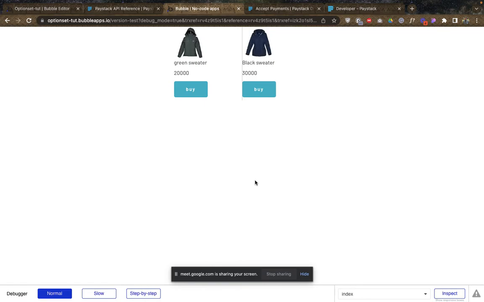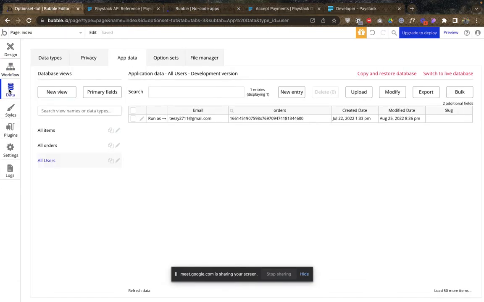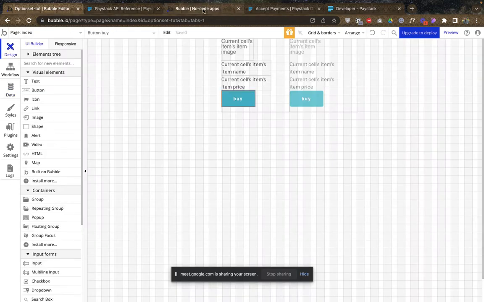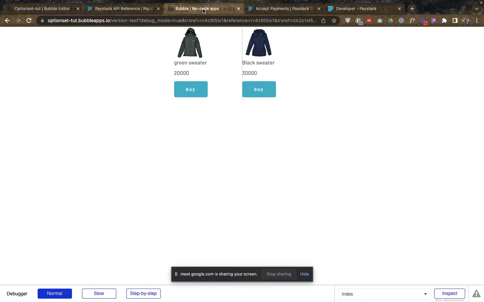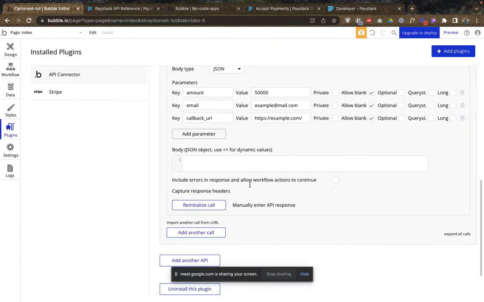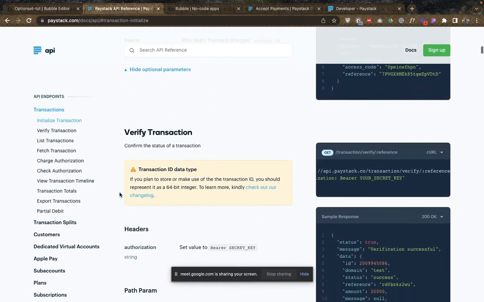We'll go back to our data now. We'll go back to orders. So look at our order number now, F11 whatever. We have that one as our reference. So let's now go and get, there's an API endpoint on Paystack called, this is it, verify